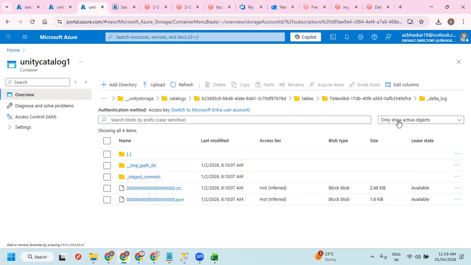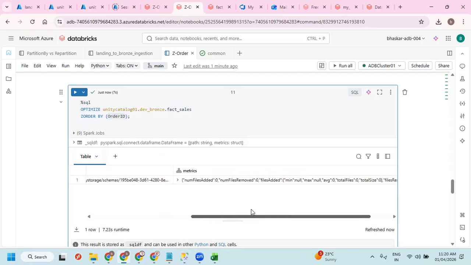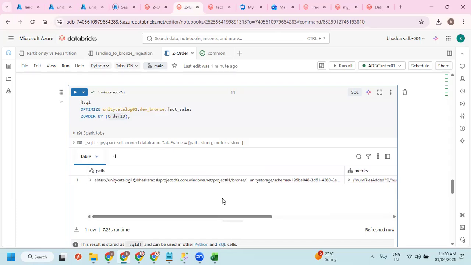Here I'm not able to show the folders and how they are aligned, but once you have applied this, it is going to order the data. There may be some details, you can spend some time on it.